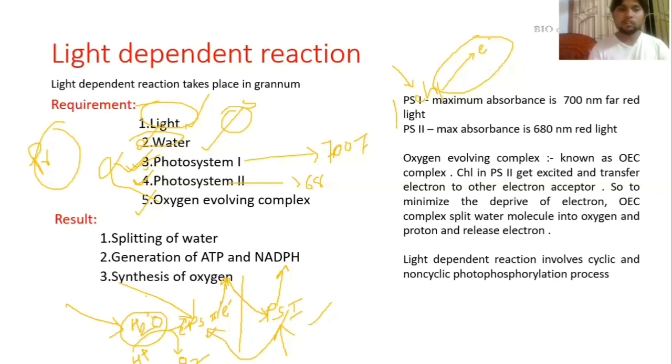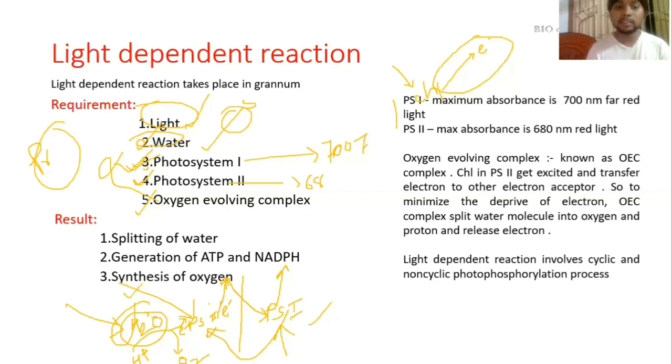So see, here is your photosynthesis process. First, water is split. First, light excites PS2 and PS1. And what happens when a molecule gets excited? It releases its energy from a lower state to a higher state, right? And when it can't hold its electron, it will go away. Like that, photosystem 2 releases its electron. Now it needs an electron. So who is donating the electron? Water is donating the electron. How? The oxygen evolving complex, with the help of light, breaks down the water and releases the electron, which is taken by photosystem 2. So water is the electron donor of the photosynthesis process.